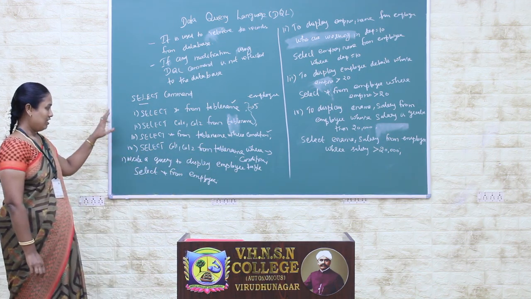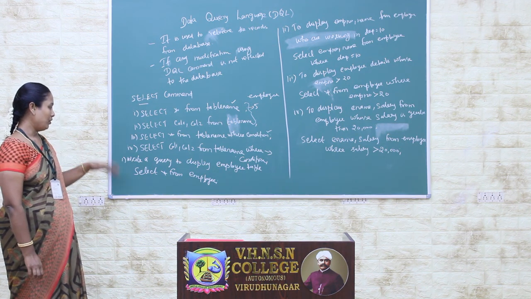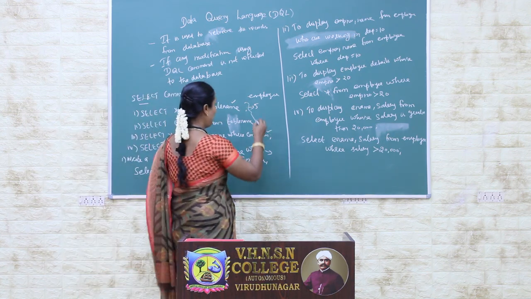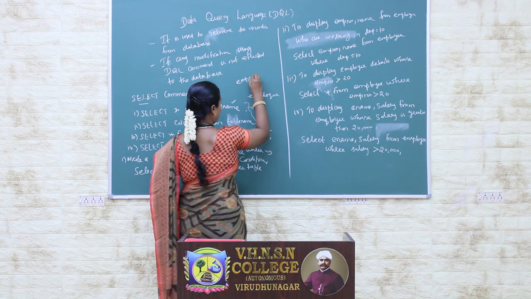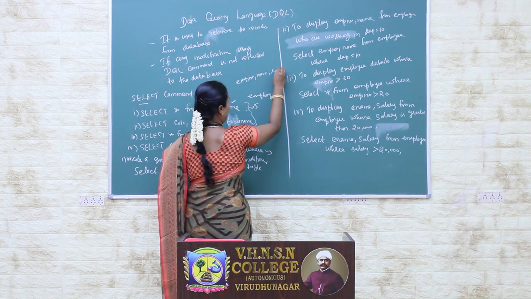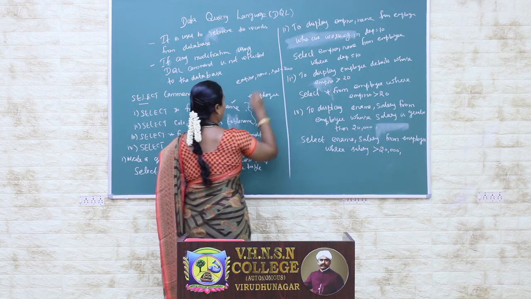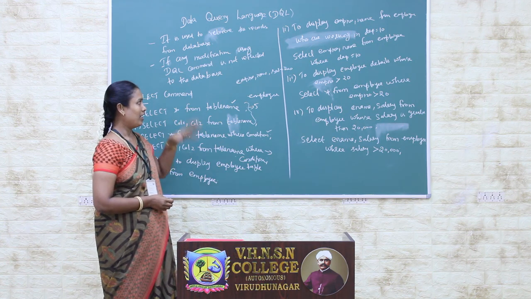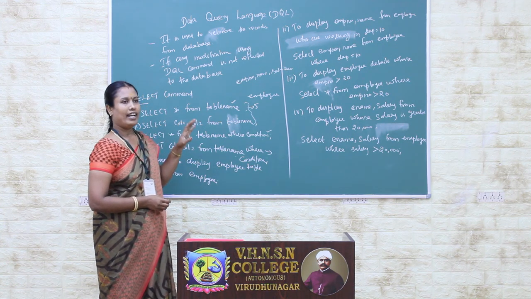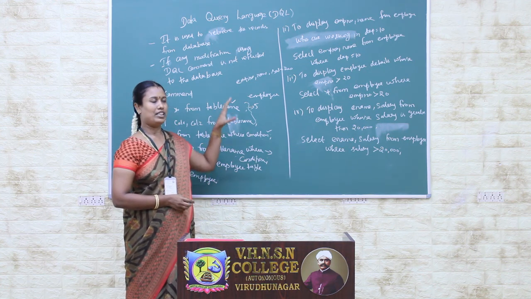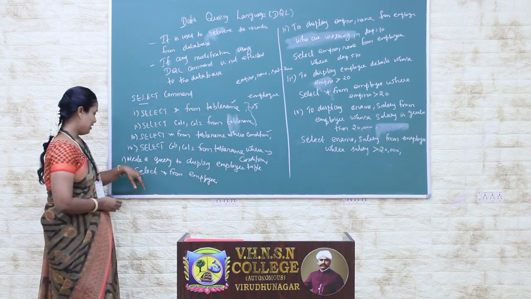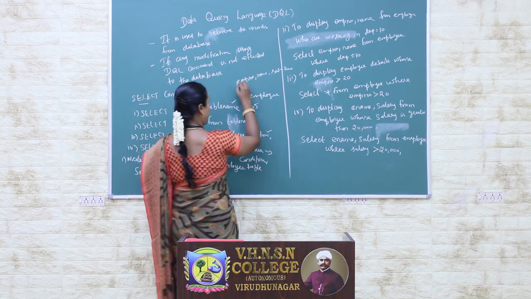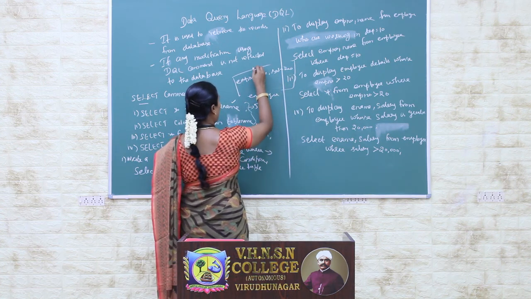Here we can see examples of these 4 kinds of SELECT queries one by one. First one, write a query to display the employee table. Here I have the employee table with the fields EMP number, name, salary and department. I have these 4 fields in the employee table. I also included record values using the DML commands, using the INSERT query to add values to this table. Now I can use the first command, SELECT * FROM employee. After the execution of this query, for example, I have records like this. This is the employee table.